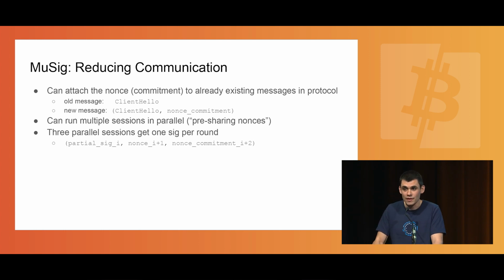So you would have an initialization phase where you pre-share nonce commitments and nonces, and then only when there's a message that you want to sign, you just need to exchange the partial signatures. You can also have a fixed number of parallel sessions, let's say 3, where you have session I, which is in the partial sig state, session I+1, which is in the nonce state, and session I+2, which is in the nonce commitment state, such that a single message round trip would result in a partial signature.